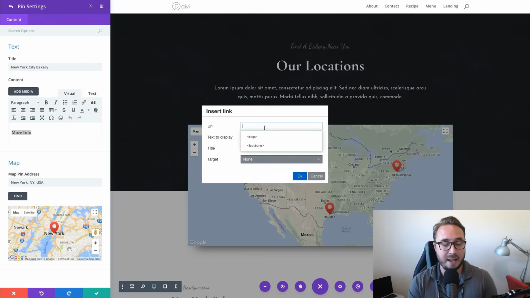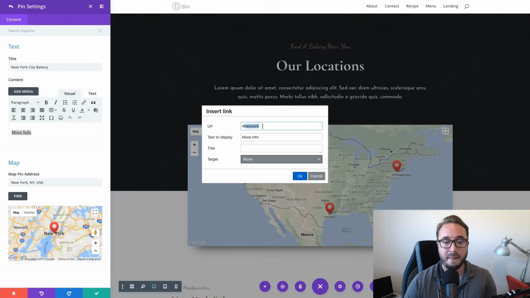I'm going to add a URL, call it hashtag New York. Now, New York is my CSS ID that I'm going to use to link to that part of the page. And then it just needs this little hashtag, or pound or number sign or octothorpe or whatever you want to call it, right before that ID. Click OK